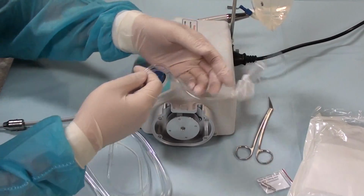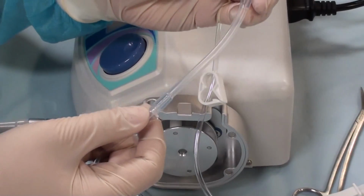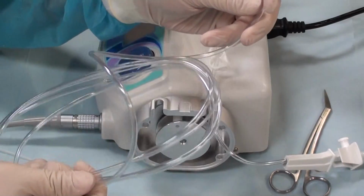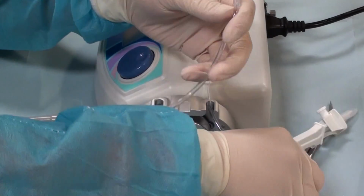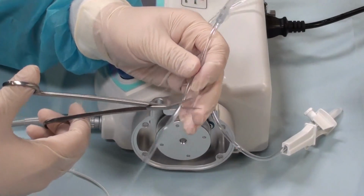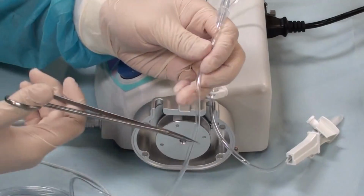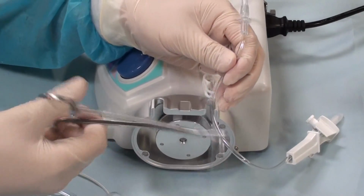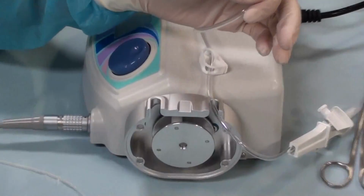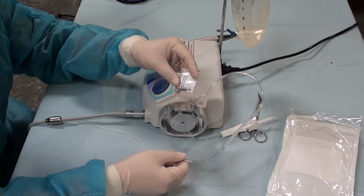And then as you move along, you'll find little plastic stoppers, and this is the pumping area of the irrigation tube. Now on the other side, there's a lot of slack. At your discretion, whatever you're comfortable with, just cut off most of your slack and leave a little bit between the other end of your pump housing stopper. So you cut it off and you put your slack to the side,